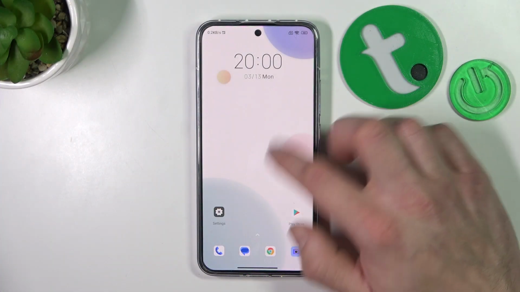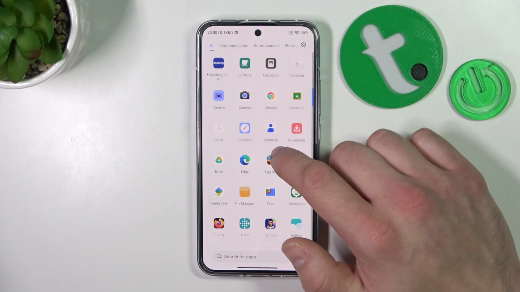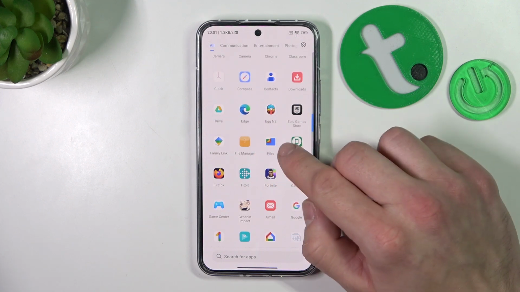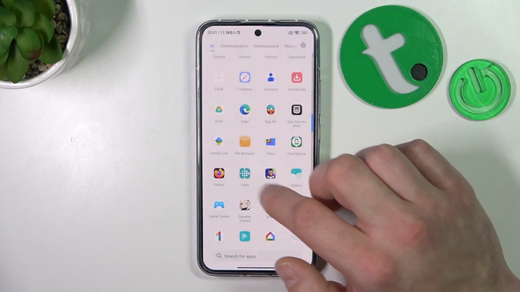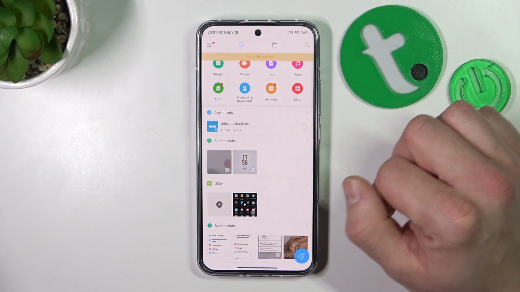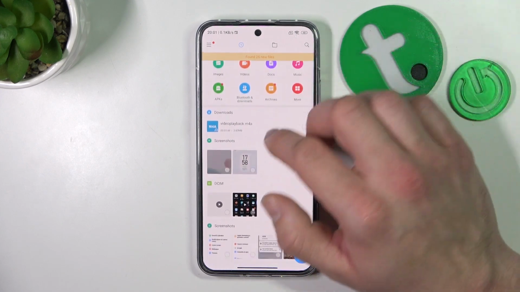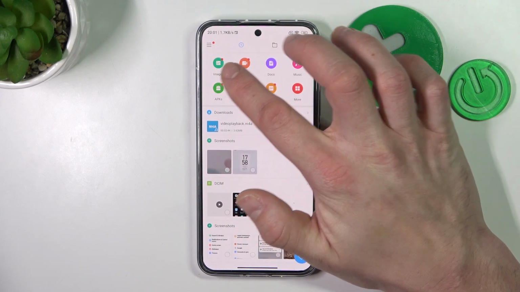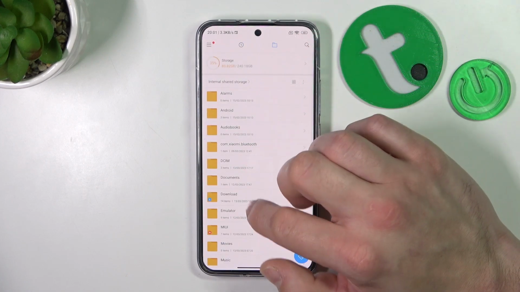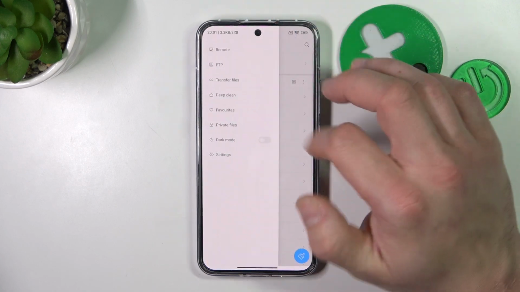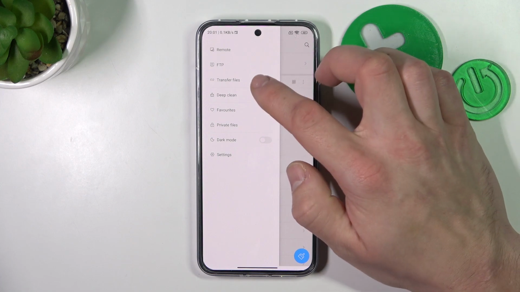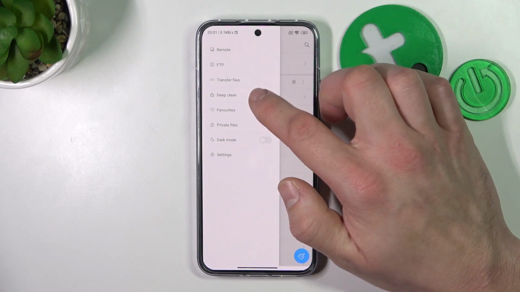In the beginning, let's go to Menu and search for File Manager app. As you can see, we've got two apps. One is File Manager provided by Xiaomi and the second is provided by Google. Both of them give you access to internal storage divided into categories or internal storage itself. Also you can go to Menu where you can enable dark mode, remote, FTP, go to transfer files, perform deep clean,